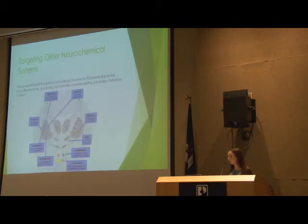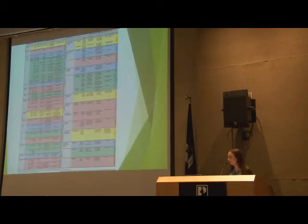Okay, so those 2 medications that I just talked about are levodopa, and they're targeting the dopamine system. What Dr. Deutsch mentioned is that a lot of the research now is being focused on these other neurochemical systems involved in Parkinson's disease. These include serotonin, glutamate, acetylcholine, norepinephrine, adenosine, histamine, GABA, and this is a ripe field for research. I'm not expecting you to be able to read this slide, but this I